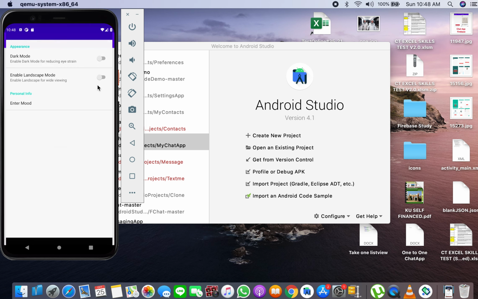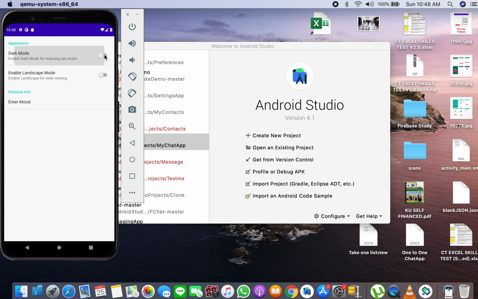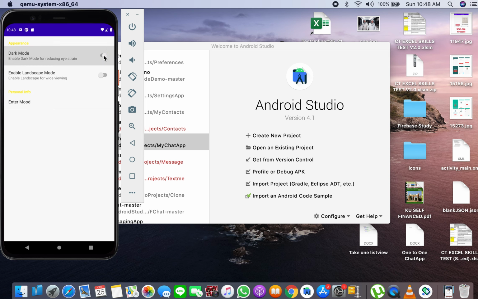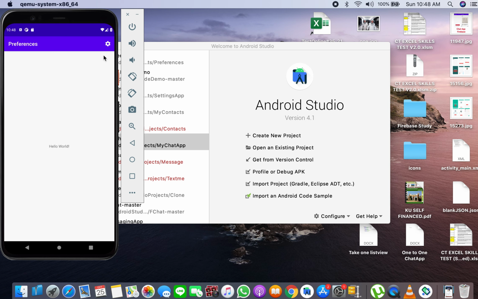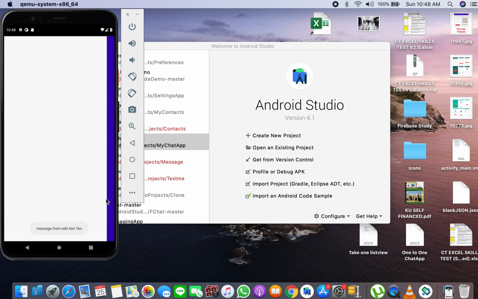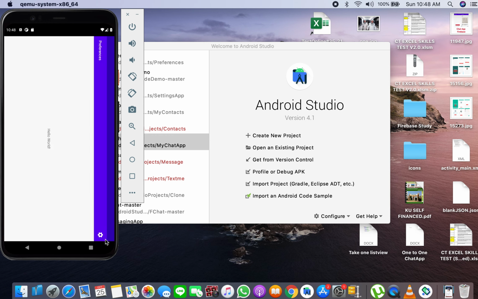This is the menu, and here if you enable this switch button, then it changes the color or theme of the screen, and if you disable it, then it changes it back. And similarly with orientation, and then it works like this. And if you go back,